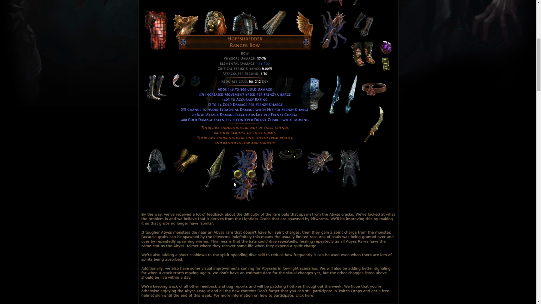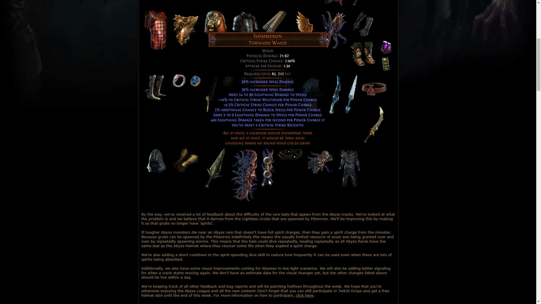Now, I guess you could make a build where you mirror arrow and blink arrow around, whatever you want to call it, but you could be taking 4k cold damage per second while moving. Again, it's mitigated probably, but now Shimmeron is insane. So it's a lot of spell damage, flat lightning spells, multi per charge, base crit per charge, block chance per charge, more flat lightning per charge,